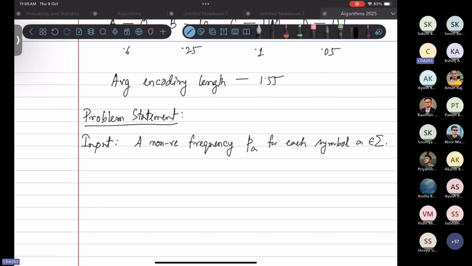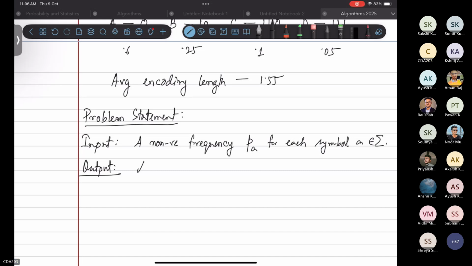And I can say that in the alphabet there are at least two symbols, so more than one symbol. And what is the output? I want a prefix-free variable length, I can omit variable length, I'll just say prefix-free binary encoding